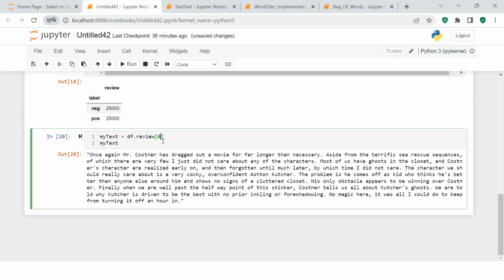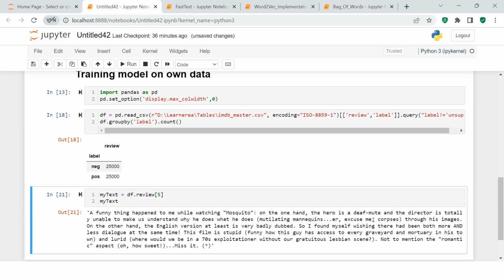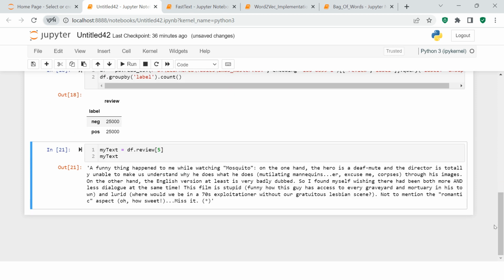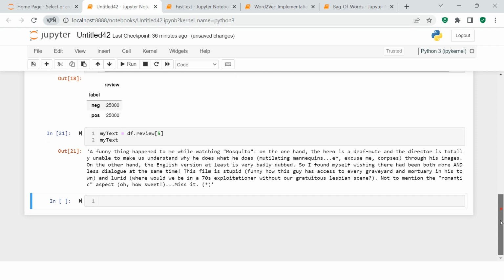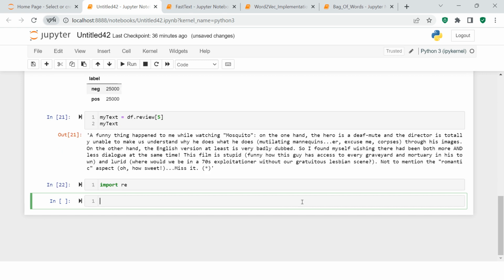Let me just try getting the fifth record. All right, this makes much sense. Why? Because we have these special characters. Now let's try to remove these special characters from this particular string. For that we will use regular expression. If you want to learn about regular expression, I'll give the link in the description section. Please give it a watch. And that's very simple. So the re module has one function which is called sub,